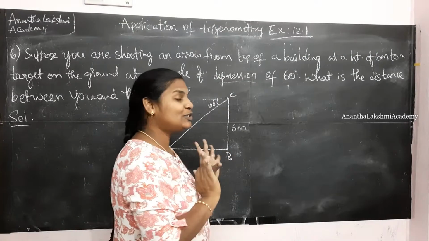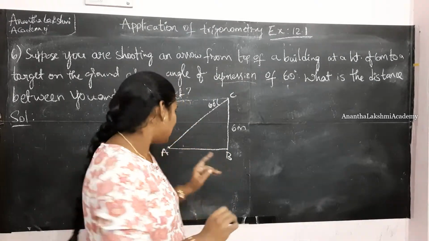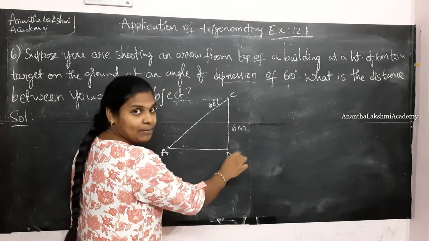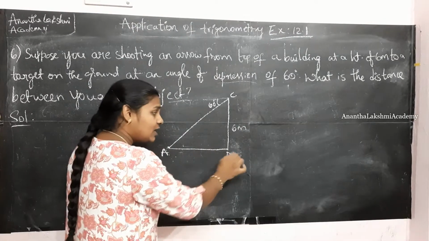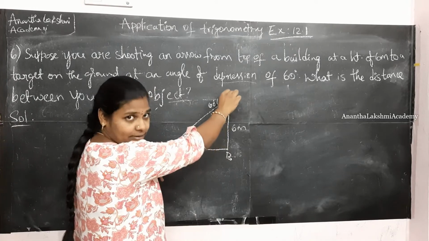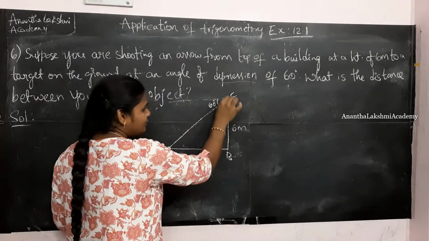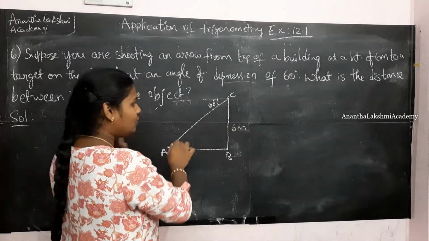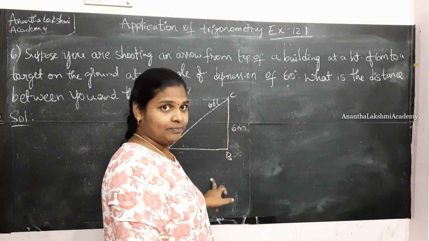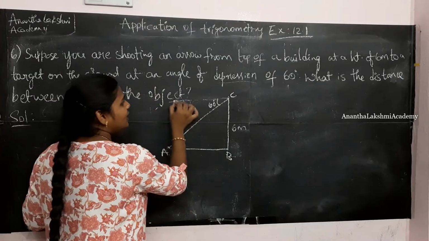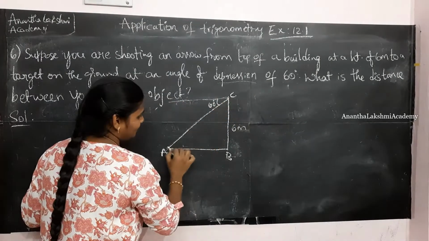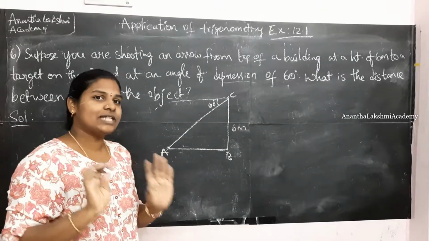Alright. Here most of the people will make a mistake at this point. You are to figure out AB? No, you are not to figure out AB. You are on the top of the tower. You are not on the ground. Alright. So in order to figure out the distance between you and the target, you have to figure out AC but not AB. Alright. So here if you look at this shape, whenever we are dealing with angle of depression,